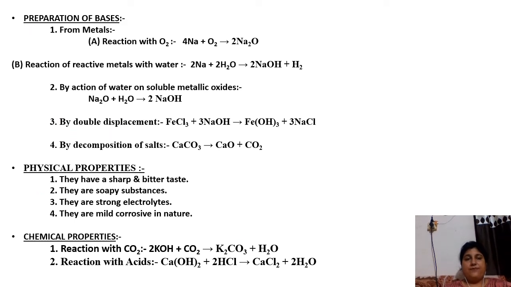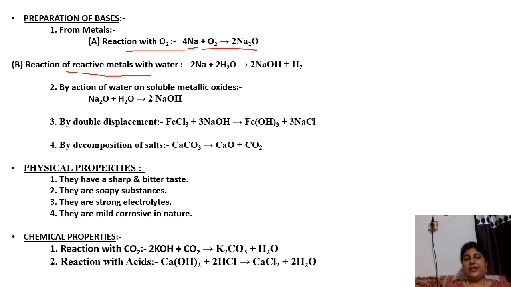The preparation of bases. The very first is reaction with oxygen. Metallic oxide है. When metal react with oxygen, it result in the formation of metal basic oxides. For example, sodium and oxygen. Sodium has the valency of 1, so cross में 1, while oxygen have 2. Then